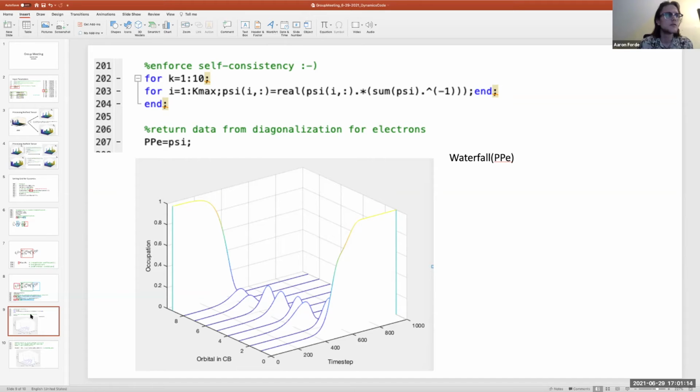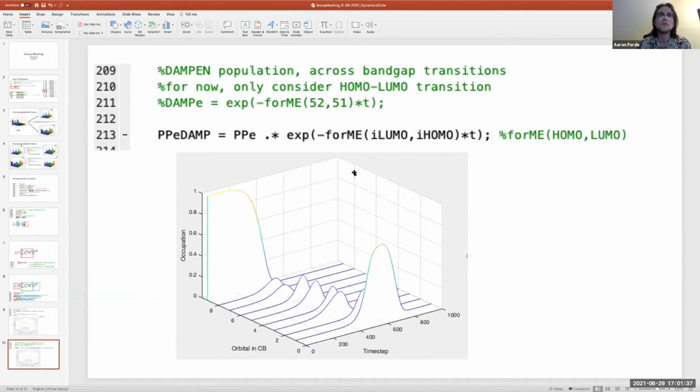And then the last slide I'll show is just a simple, kind of cheesy way to introduce non-radiative recombination. So in real life, this LUMO orbital should decay back down into 0 over time due to non-radiative recombination. And to implement that,